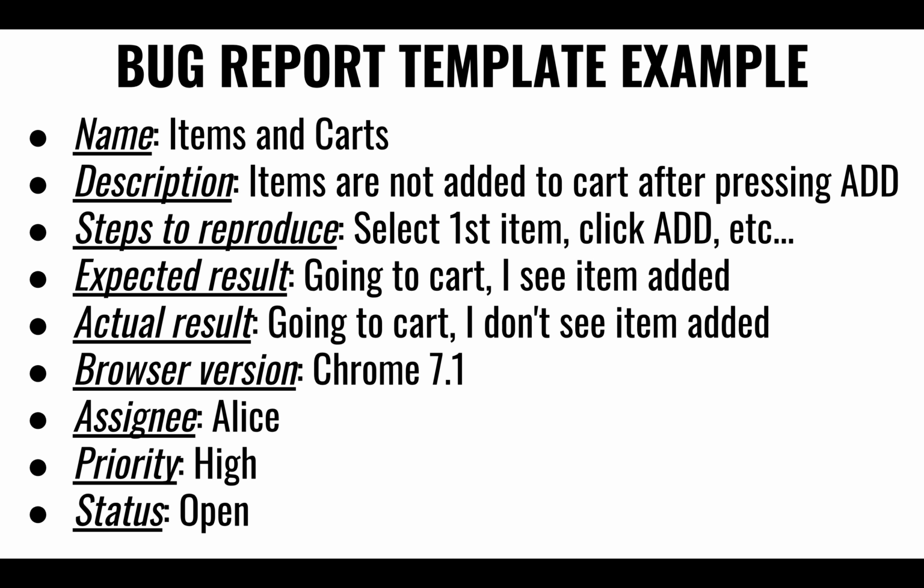Also, some context on who was doing this, what browsers or what operating system, what stack you were using. Then it would be assigned to some person who's responsible for it, and then you manage the life cycle of whether it's open, in progress, being fixed, or maybe it's a known bug and we decided that we're going to leave it.